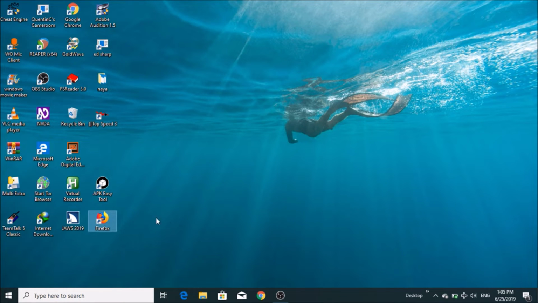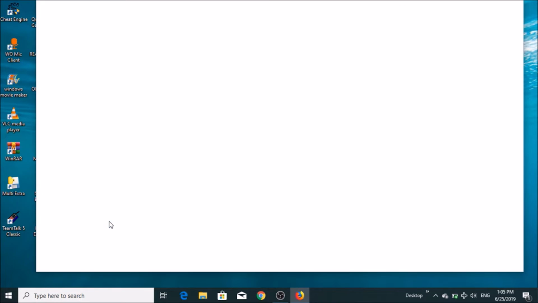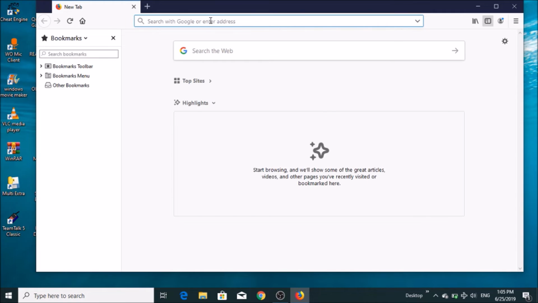So first let me launch my browser. I am using Mozilla Firefox. The browser has been launched, and before starting the tutorial, I want to make it clear that you can perform these activities from your Android phone as well. Most people have the misconception that router setup can only be done using a PC. That's not true. You can use any device that is connected to your Wi-Fi network to set up your router. So I'll type my default gateway IP, that is